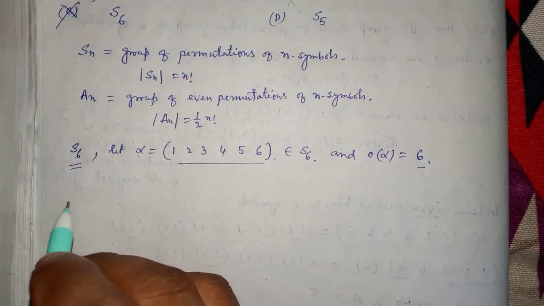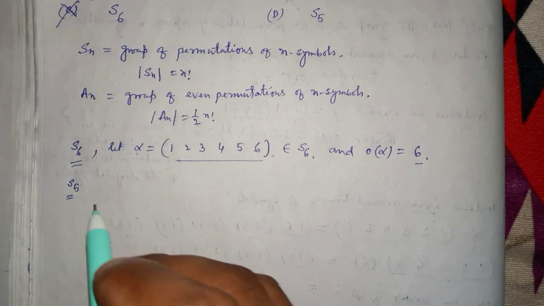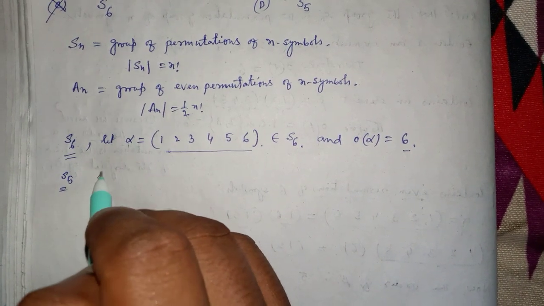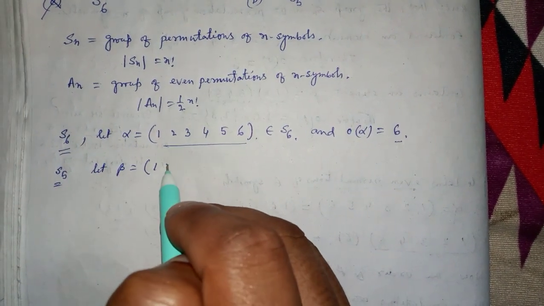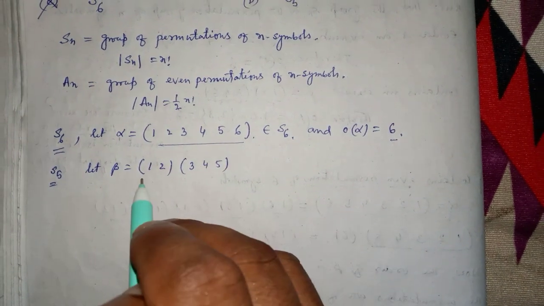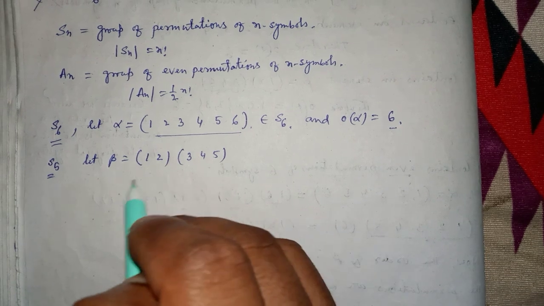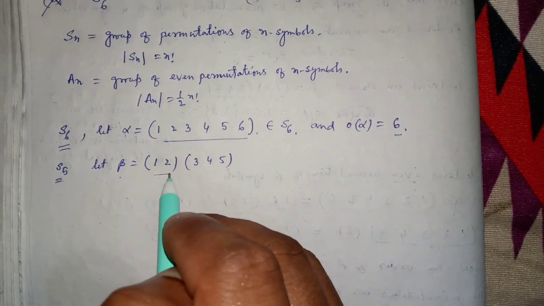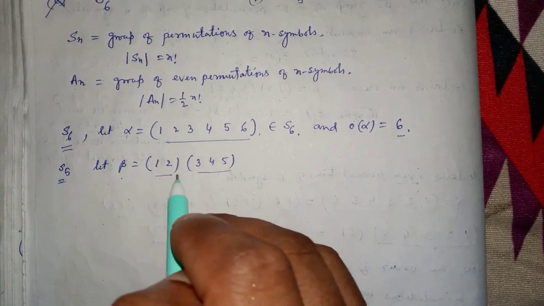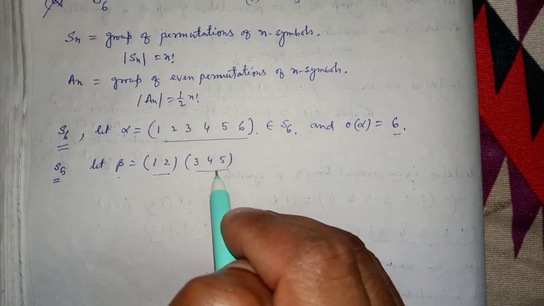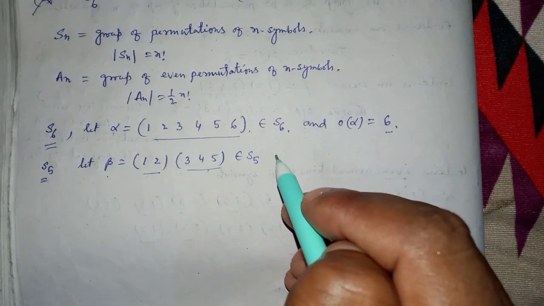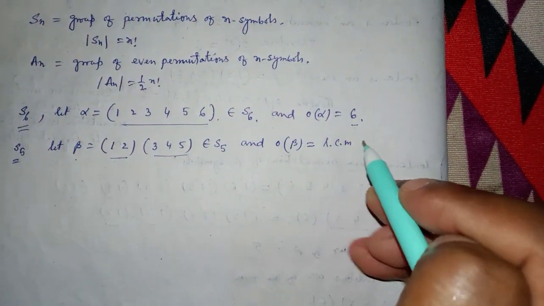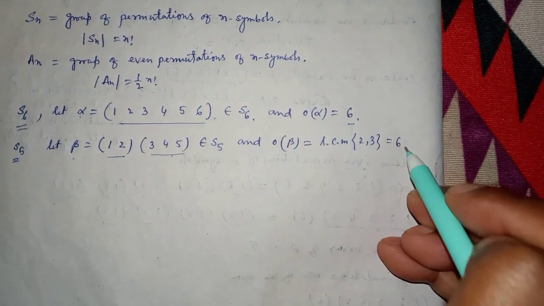In option D, S5 is the group of permutation of 5 symbols. So let beta be equal to (1 2)(3 4 5). It is also a permutation of 5 symbols, and beta is the product of 2 cycles, one cycle and another cycle, of length 2 and length 3, belonging to S5. The order of beta is equal to LCM of 2, 3, which is equal to 6, because